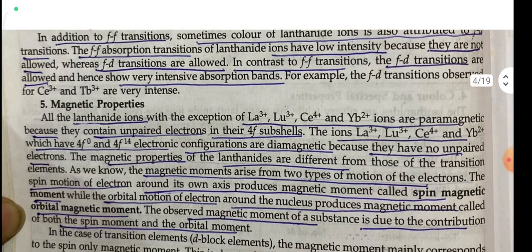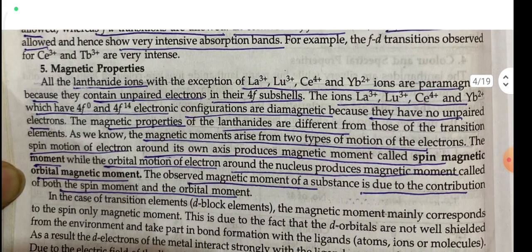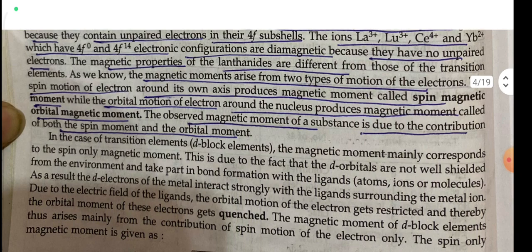Magnetic properties. All the lanthanide ions, with the exception of lanthanum, lutetium, cerium and ytterbium ions, are paramagnetic because they contain unpaired electrons in the 4f subshell. The ions lanthanum 3+, lutetium 3+, cerium 4+ and ytterbium 2+, which have 4f0 and 4f14 electronic configurations, are diamagnetic because they have no unpaired electrons. The magnetic properties of the lanthanides are different from those of